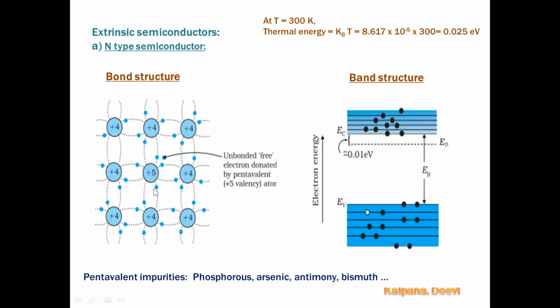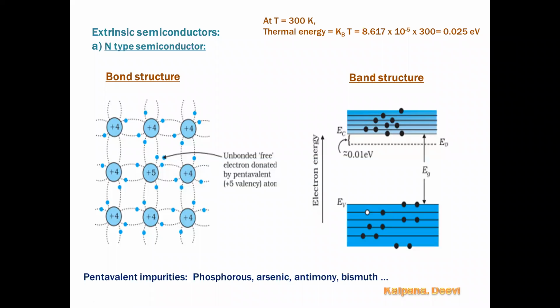Here, the added impurities have 5 valence electrons, 4 participate in the bonding and 1 free electron is there, so these added impure atoms can donate their electrons. So we call these impure atoms donors. That is why the energy level where we get donor electrons is known as the donor energy level. Now, at T equal to 0 Kelvin, all the remaining electrons are bonded.